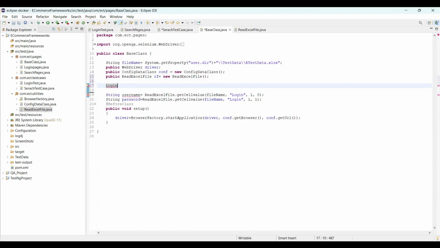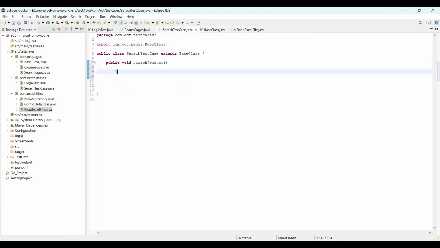login pages as well. Now why I'm doing this is because this is a common step. If you'll see, this thing I'm going to use in every class. So instead of defining in every class, I'll straight away take from the base class. And every time I'll pass the driver details as well from here. That's done. So in search test case, just I will use this LP dot